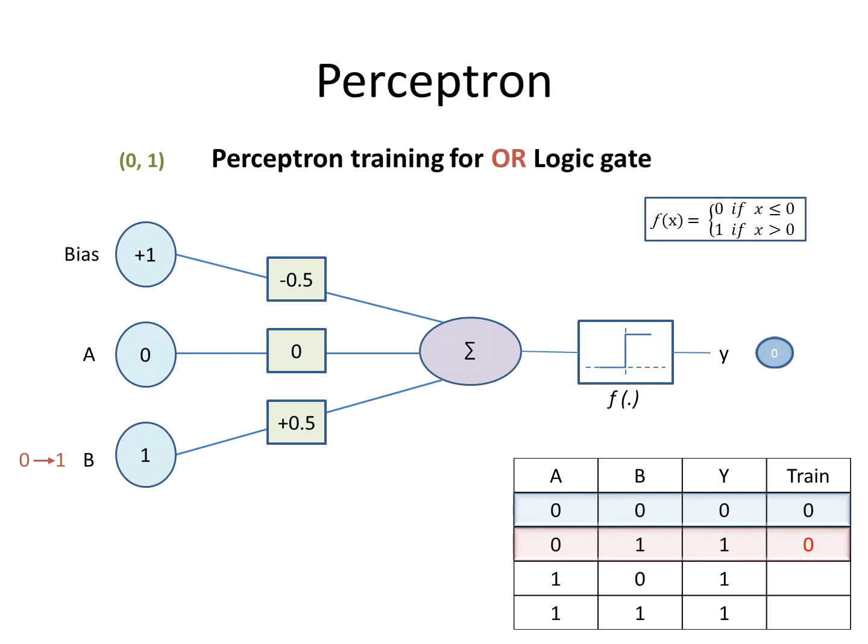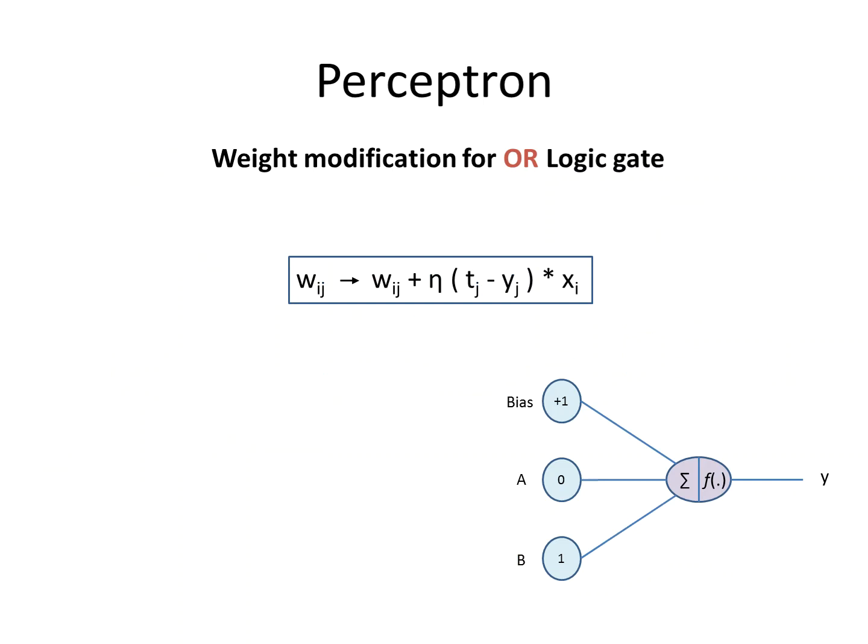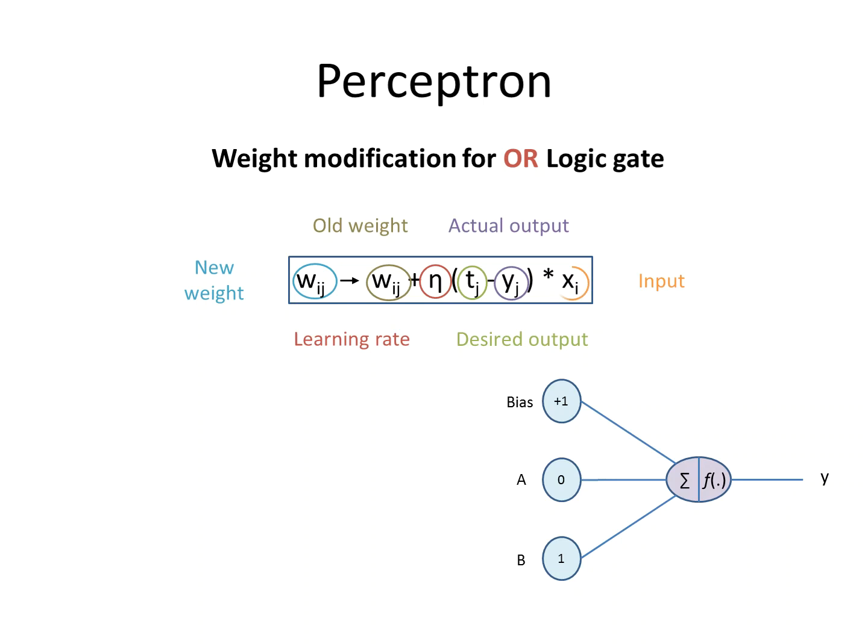The weight of a perceptron can be modified by this rule. This is the new weight that we'll get, and this is the old weight that we have already used. This is the learning rate, whose range, what I found, is around 0.00012 to 1. For the simplification of this calculation, I am taking eta as 1. This is the desired output, which in our case is 1, and the actual output that we received, in our case, is 0, and the input.